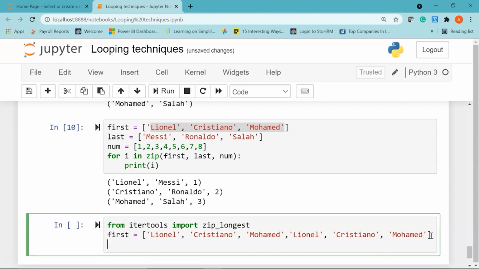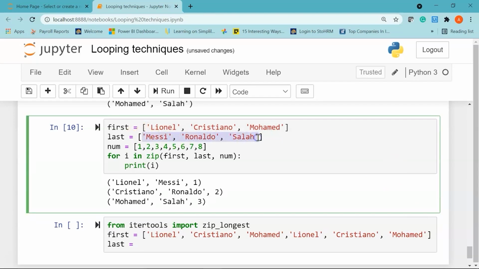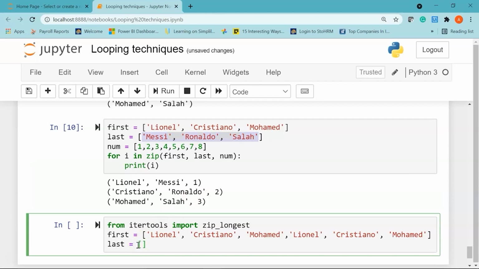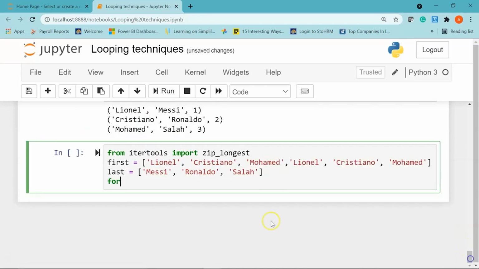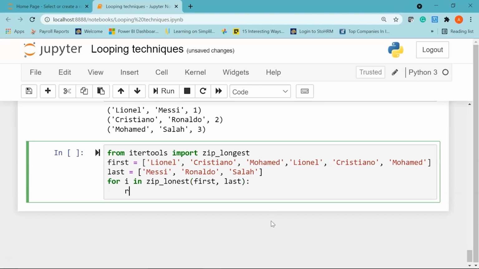Now I'll create another list called last and copy the items from the top, paste it here, and now I'll say for i in zip_longest, within brackets first, last. We're going to print i. Let me run it and show you the result.